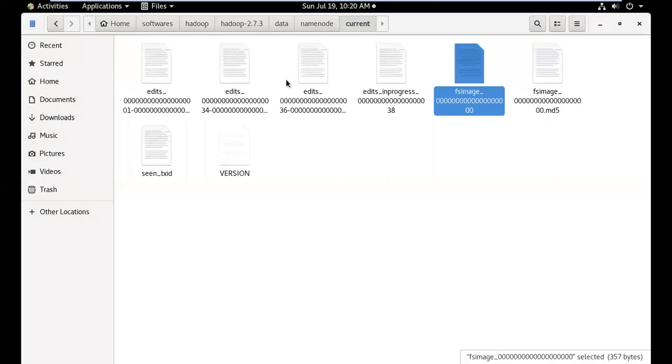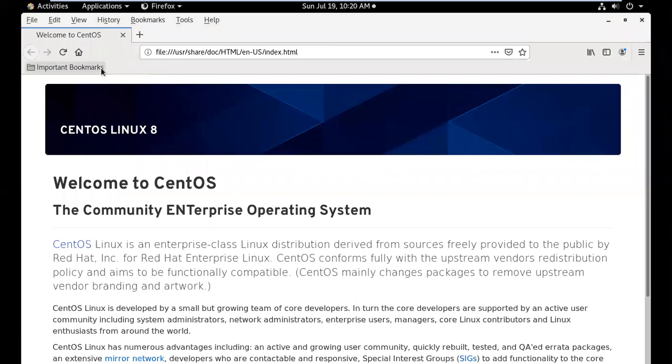And can you see this? We are making a lot of incremental changes, right? Can you see this? All these edit logs got generated. Please observe this. It is generating all the edit logs. This is very important. Okay. Yeah, the browser got opened, and the name node UI, please make a note.